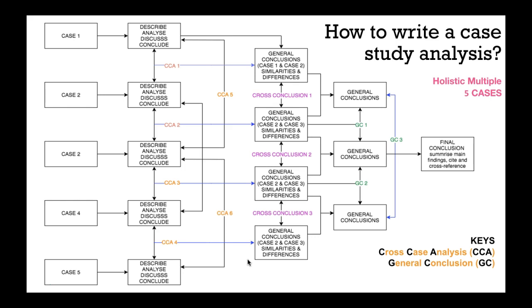For example, if you have to submit your assignment within 8 weeks or 2 months, then you might want to take only 2 cases. Having only 1 case is not a very good idea, but you should have at least 2 cases. If you have a dissertation, which normally gives you between 3 to 6 months, you would like to go for between 3 to 5 cases. If you are writing a PhD thesis, which has more time, minimum 3 to 4 years, you might like to have more cases.